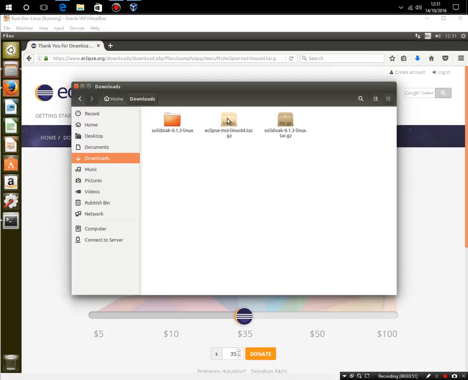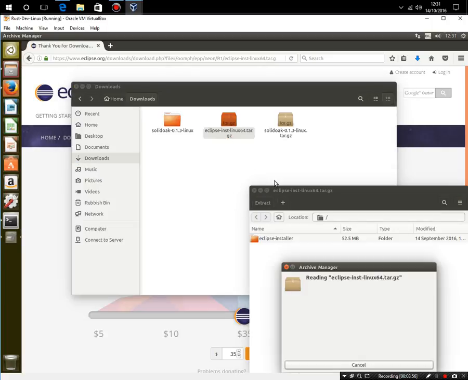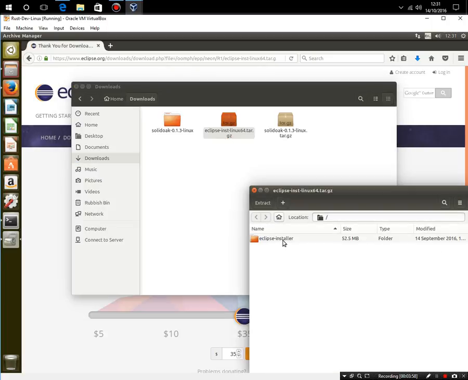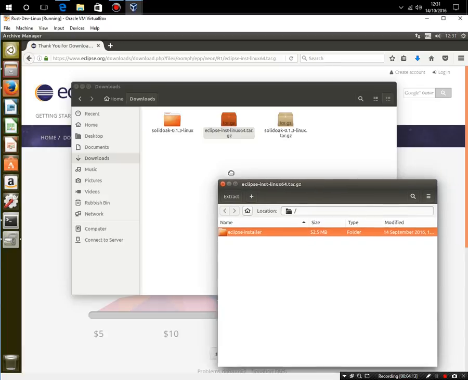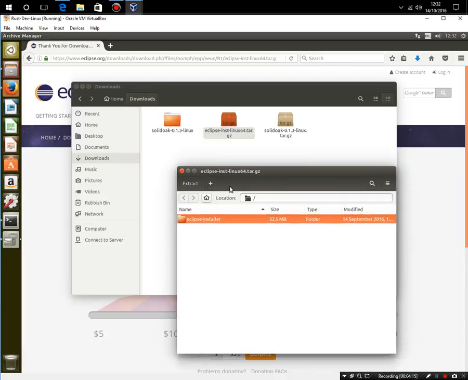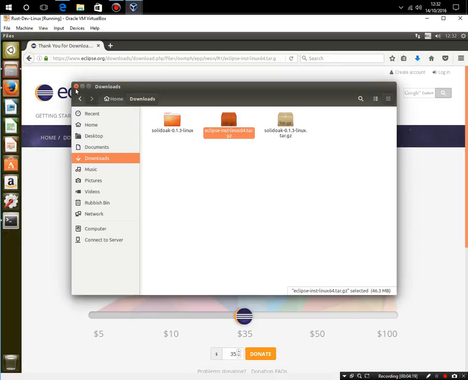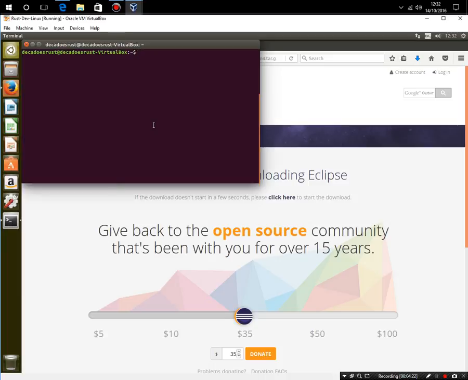Okay, it's downloaded, so I'm going to double click it and see if it opens in the Archive Manager. Eclipse Installer. So I'm going to drag the Eclipse installer there. Hopefully it's got a binary package so we don't have to compile the whole thing, but we'll see. Did it actually drag in? I don't think it's responding to the dragging in, so I'm going to do it the old-fashioned way. So if I go cd